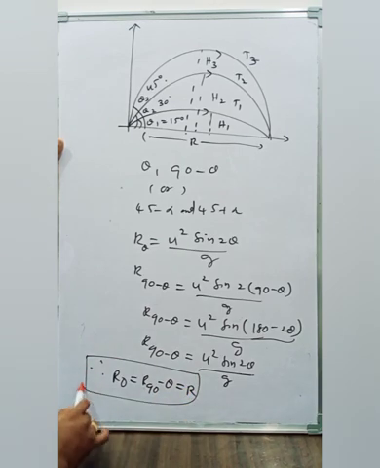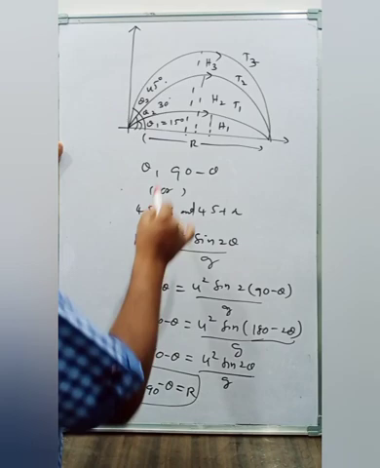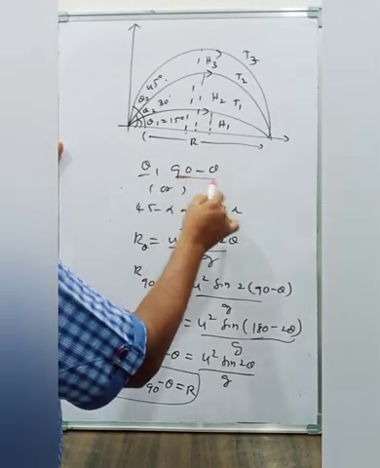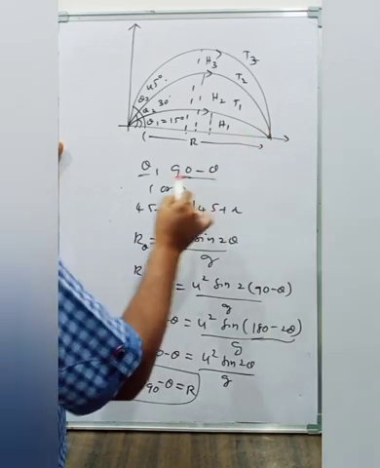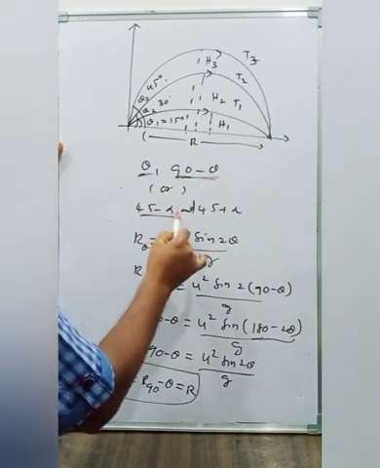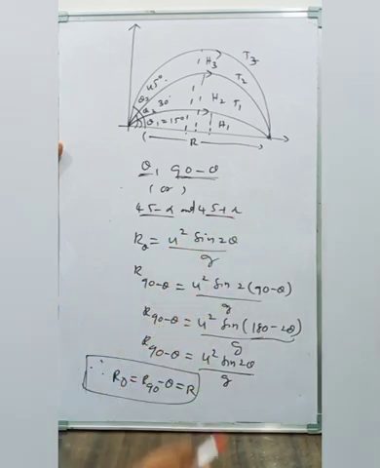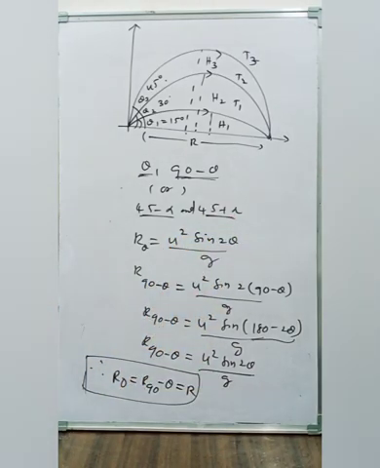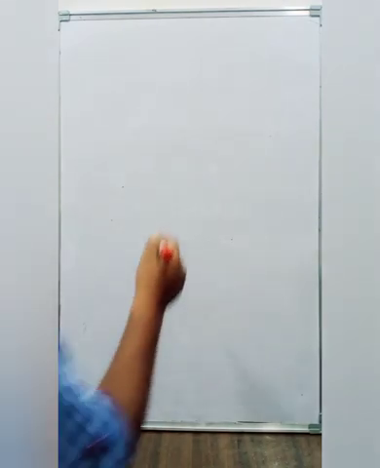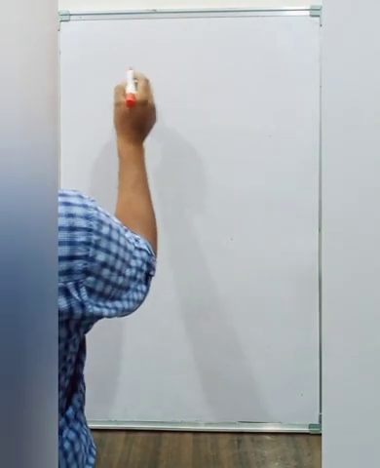For the different complementary angles, the range is the same. Means complementary angles are theta and 90 minus theta, or 45 minus alpha and 45 plus alpha. Some important concepts for IIT, JEE and NEET, which were asked in previous NEET level and IIT level papers, are based on complementary angles.